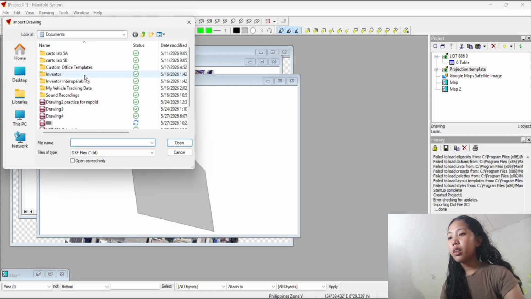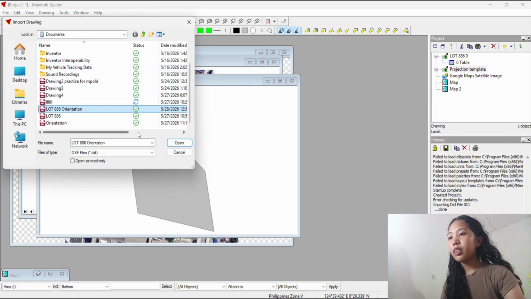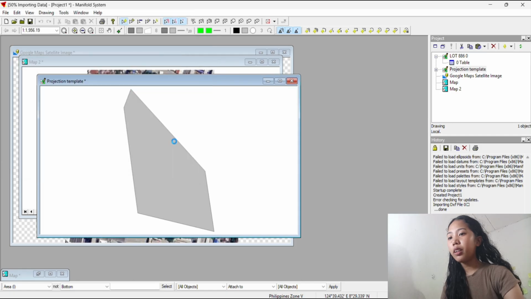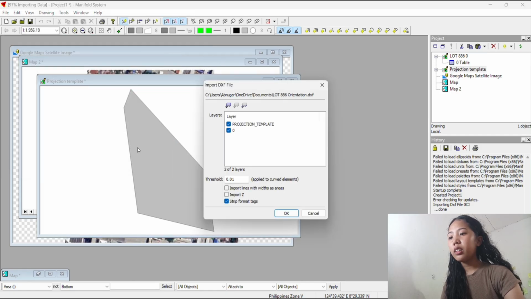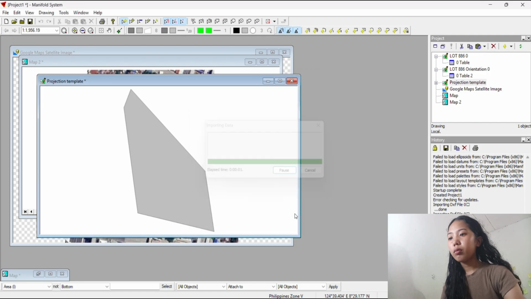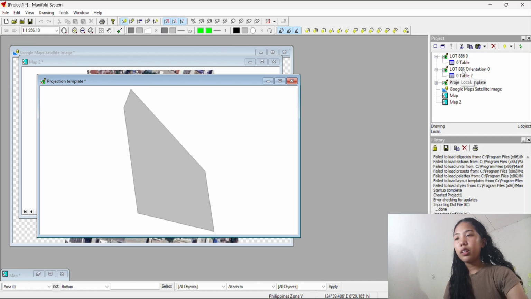Then save as, file name, then add lot number, orientation, then save as, then don't forget to save it as AutoCAD R12 LT2 DXF file.